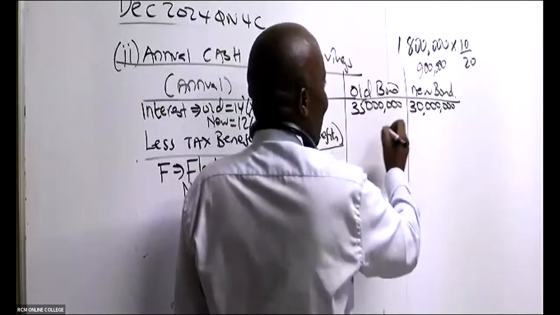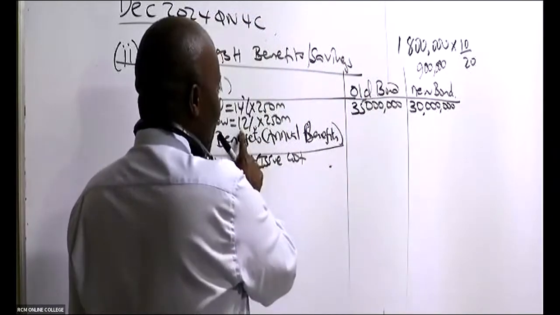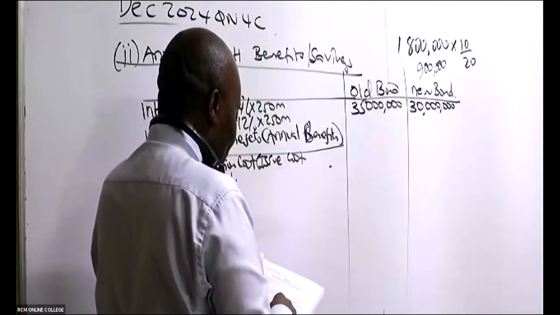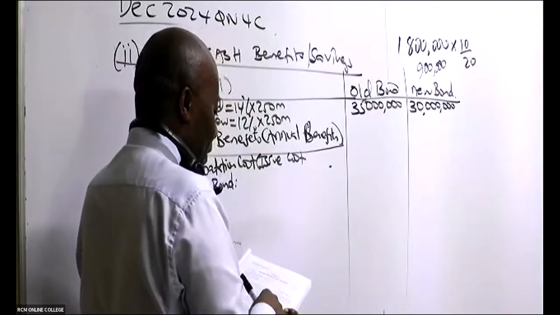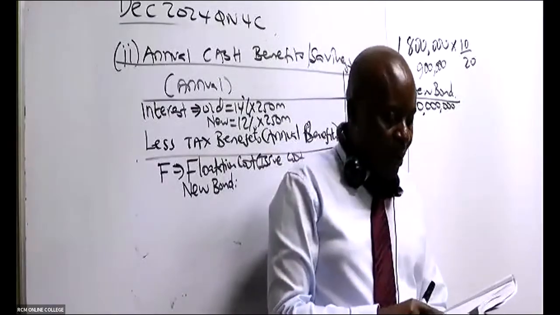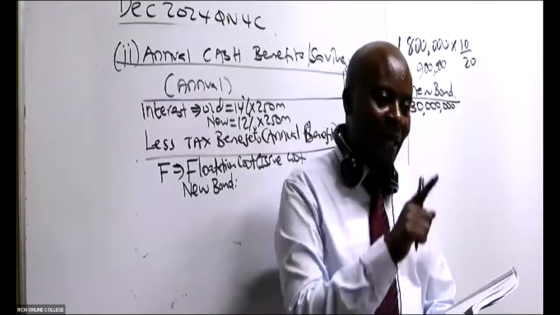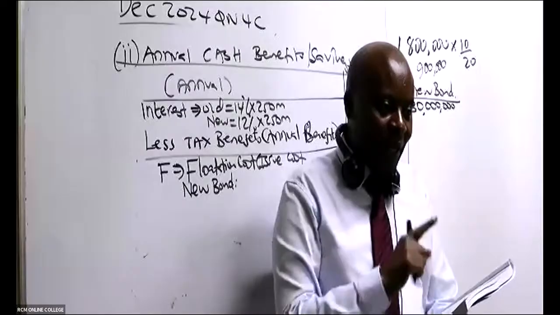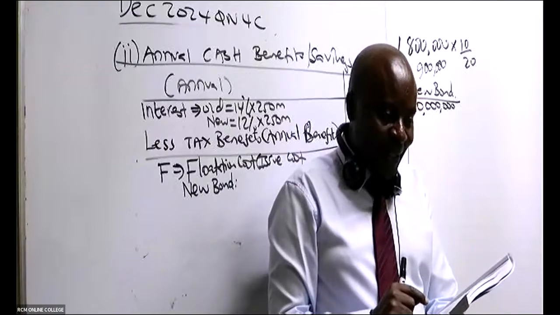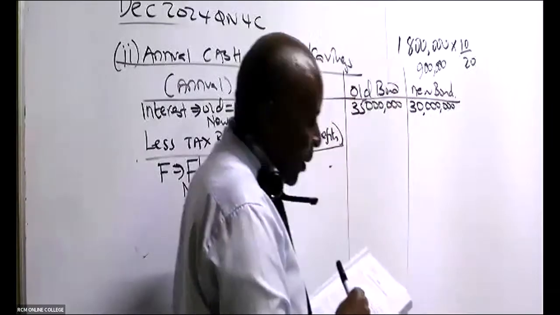You want us to divide this by 20 or by 10? For the new one, let's get it clearly. Good question. We are told the directors of the company are considering replacing this debenture with a new 10-year, 12% debenture with a face value of 250. Of course, they haven't told you, but that 12% must be an annual rate. Nobody will ever give you a loan of 12% interest for a whole 10 years. That is 12% per annum.